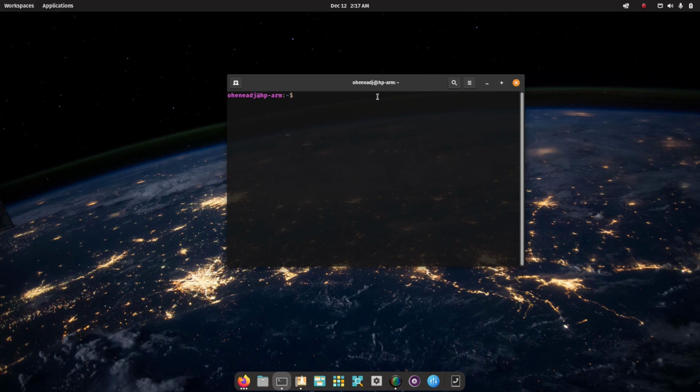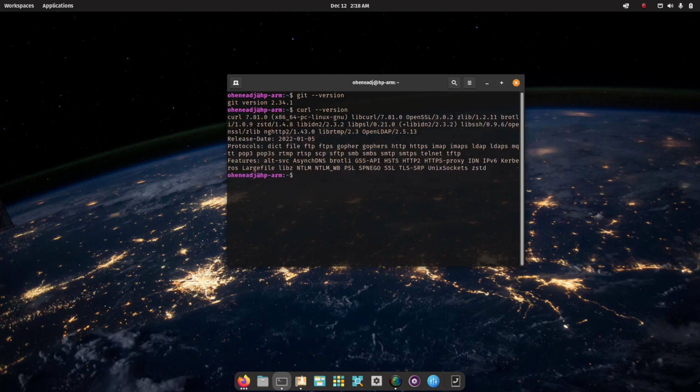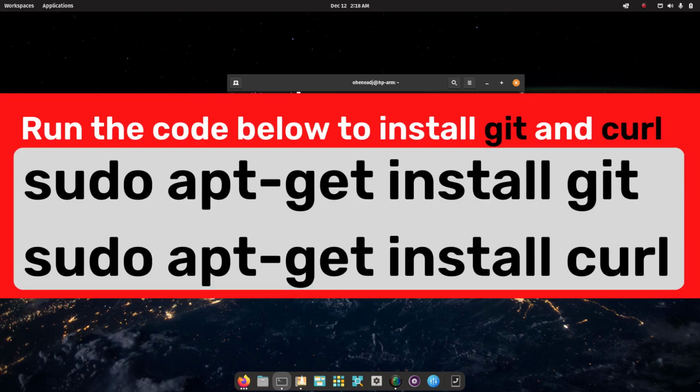First of all, before we start, we want to make sure we have Git installed. We also want to make sure we have CURL installed. So I'll first check for Git. I have Git installed, and also check for CURL version. All right, I also have CURL installed. So I'll move straight to